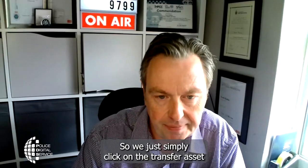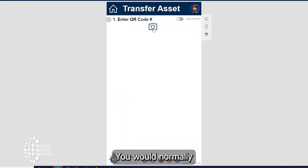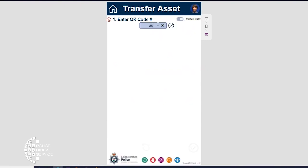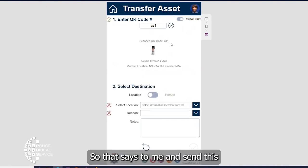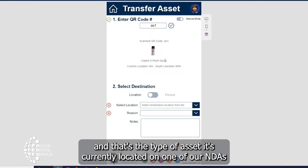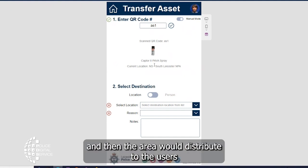That's right. So we just simply click on the transfer asset. Again, you would normally scan it on the phone, but you can just basically pick an asset here. Let's pick one here. Tick box. So that says to me, scan this QR code. That's the little picture of the asset. That's the type of asset. It's currently located on one of our MPAs. Again, this would be sent from stores out to an area, and then the area would distribute to the